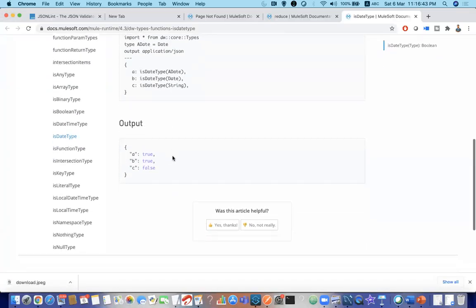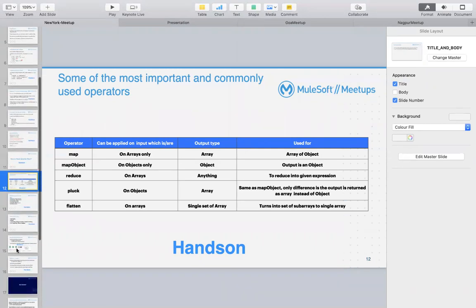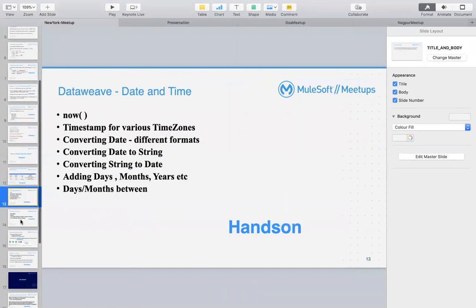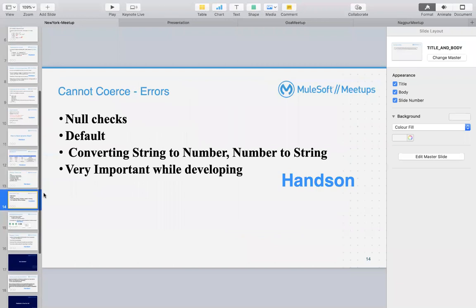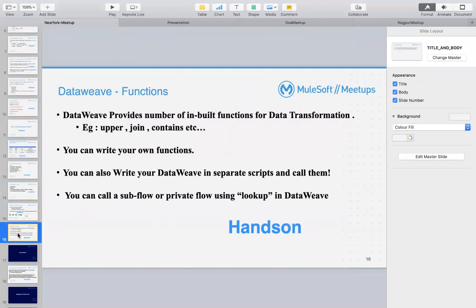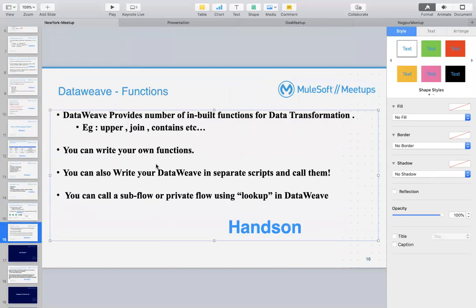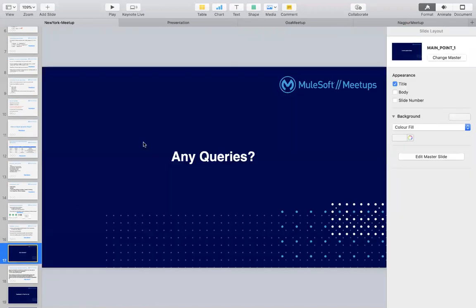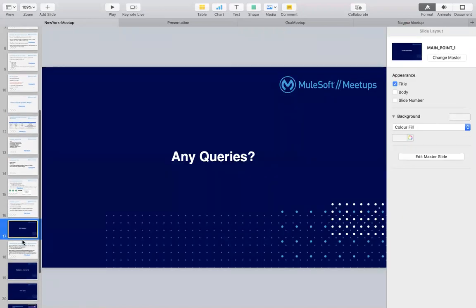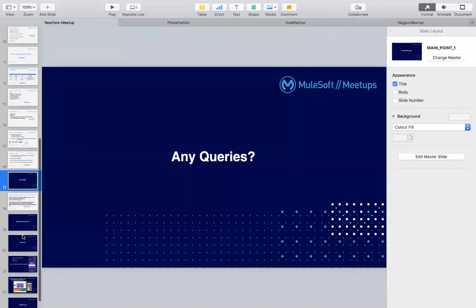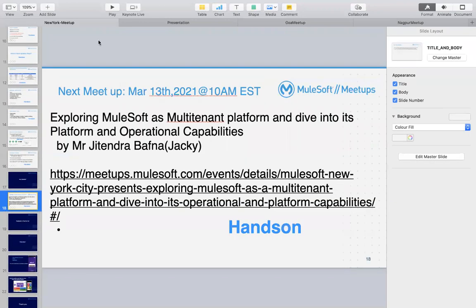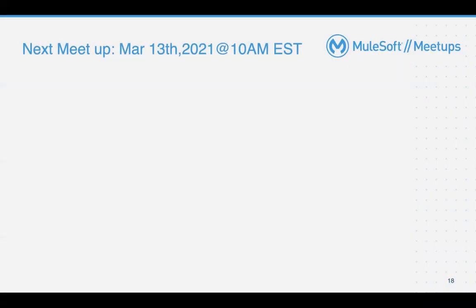Okay. Let's go over the slides. So guys, I was not able to tell a few other things. I will cover them in the next session, like upper join, how to create custom functions, lookups and all. So for queries, please write to Neeraj. I think he has gathered all the questions. And yeah, Neeraj, please go ahead.